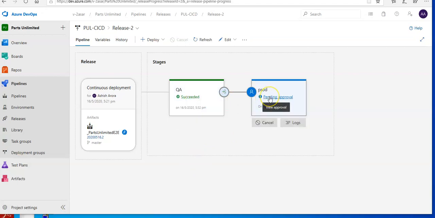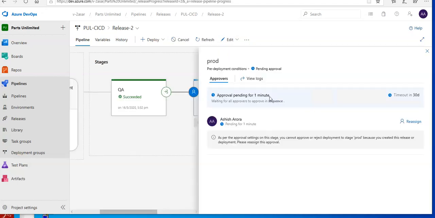So it says pending approval on the prod. Remember, I gave myself in the approval list. Approval pending. As per the approval setting on this stage, you cannot approve or reject deployments to stage prod because you created this release or deployment yourself. So if you cancel this,